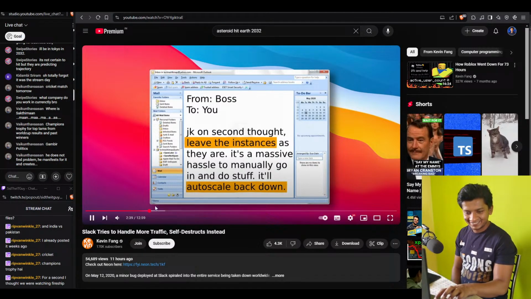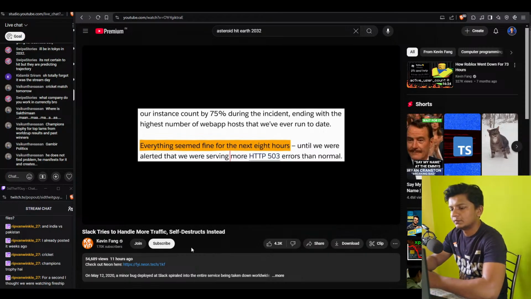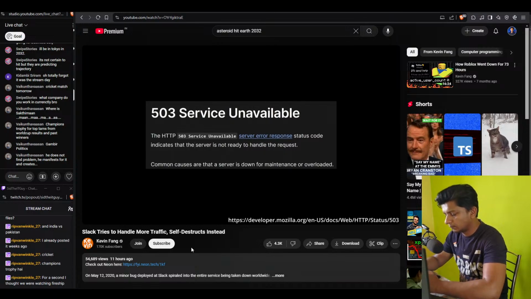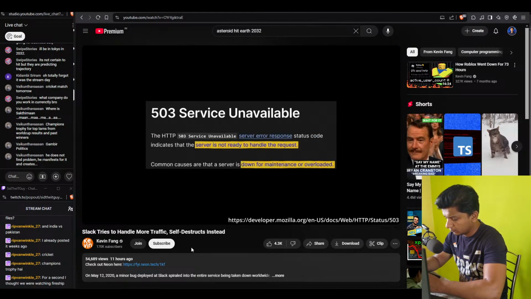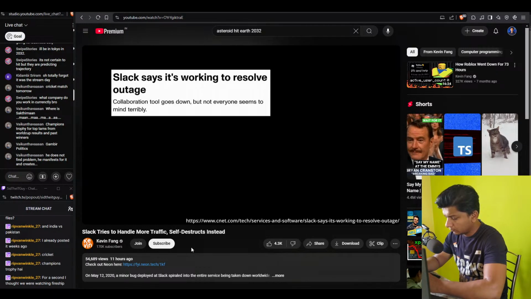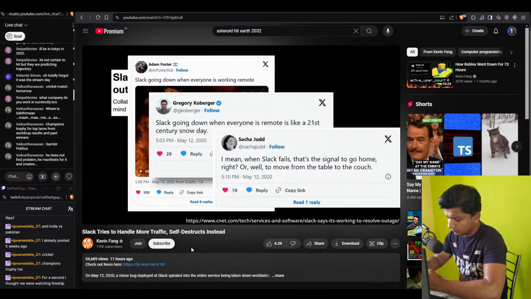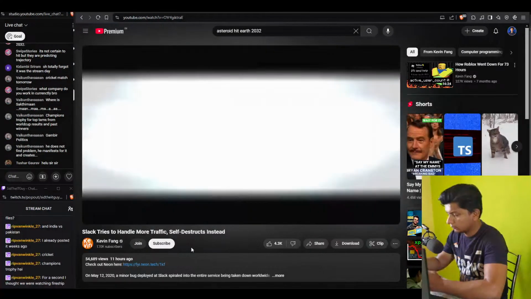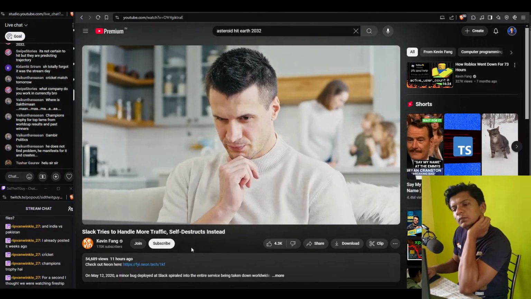So everyone continued to go about their day for the next 8 hours until they received an alert that Slack was serving more HTTP 503 errors than normal. This particular error code means a server cannot handle requests due to being overloaded or down for maintenance. Slack should never be down for maintenance barring an advanced electronic notice or act of God, so its web app instances must have been overloaded. And overloaded they were, as from 4:45 p.m. onwards, users were no longer able to connect to Slack. It was a complete outage. Disgruntled remote workers on the West Coast were now presented with a tantalizing opportunity to try and get to Costco before rush hour, but they would all end up